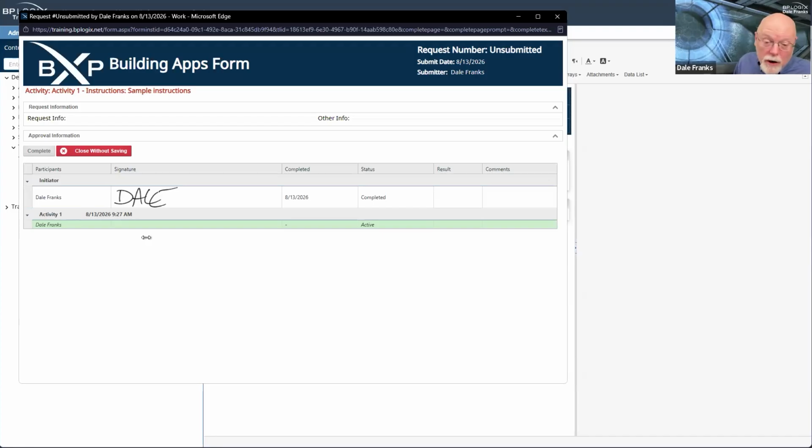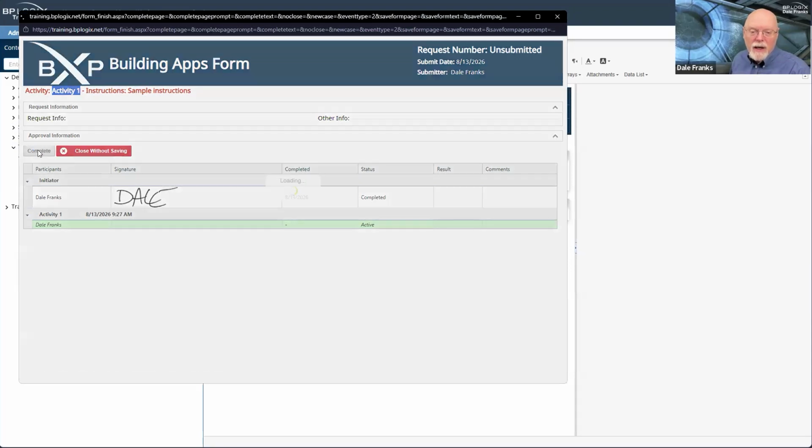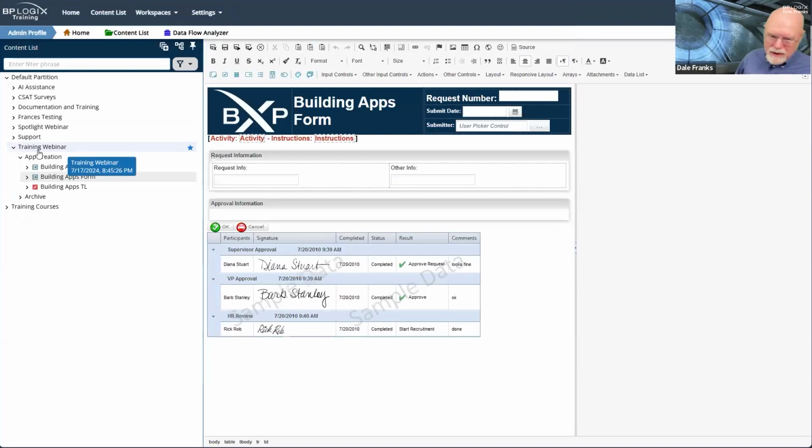So it's working right. It tells me what my actively running activity is. It says it's activity 1, which is what it says up here at the top. So everything agrees. It looks like I've got a pretty good form. I can go ahead and complete my activity here, which will close the form since that's the only activity, and it will end my process timeline.